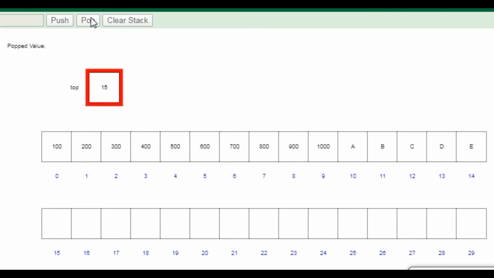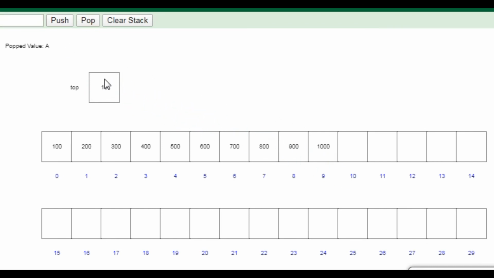Now the next part, E will be erased, I mean popped. You can see the popped value will be printed here also, popped D, and top value is 13. Now top value is 12 and C is deleted, popped value is C. Now popped value B and top is 11.